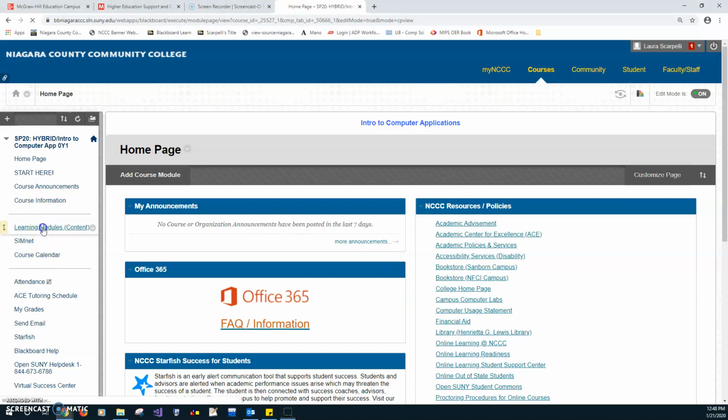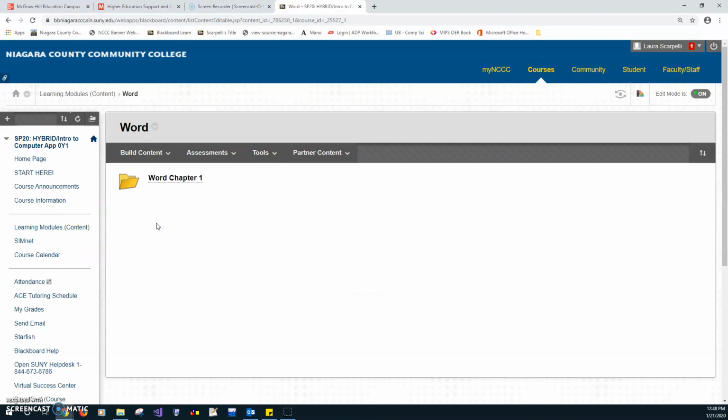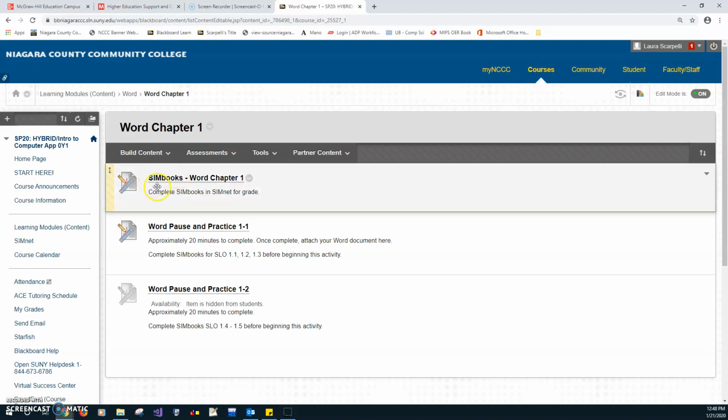Next, click on Learning Modules, and I just wanted to cover the assignments that I have for you. Again, click on the Word folder, then Word Chapter 1. So I would like you to complete the sim books for Word Chapter 1, and then the Word Pause and Practice 1-1. So in order to do this, click on the SimNet link,